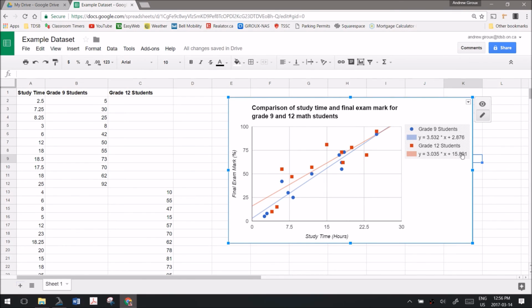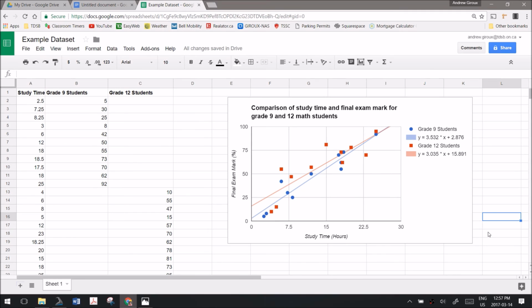The initial value represents how much would I score on my exam if I didn't study at all. I didn't study for a single second. Well, if I interpret this correctly for grade 12 students, studying for 0 hours means that I would get a score of about 16%, whereas for grade 9 I'd only get about 3%. Both of these are not very ideal situations, but now that my graph is finished,